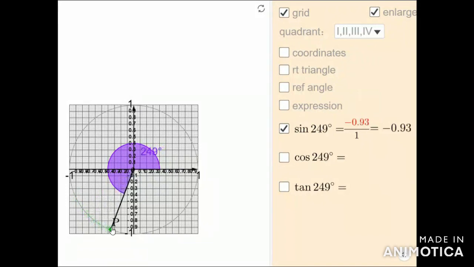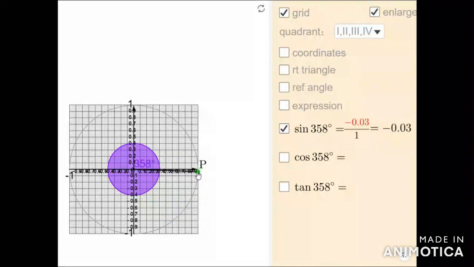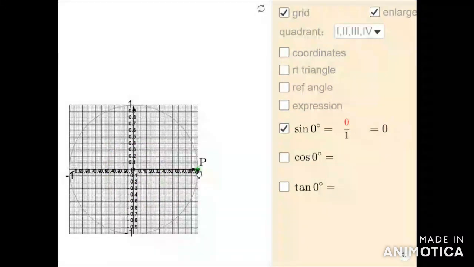When it is 270 degree, the value of sin x is -1, and you can increase further. If you still increase the value, the y coordinate becomes more and more, because it is negative, and it is -0.8, and like this, when it is 360 degree, again you will come to the same point, and sin 360 degree is equal to 0.